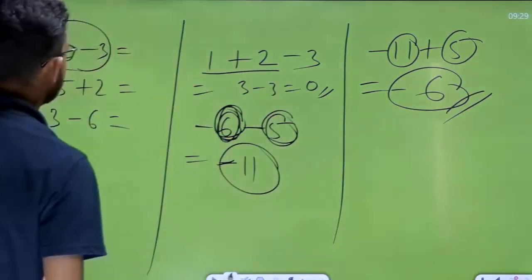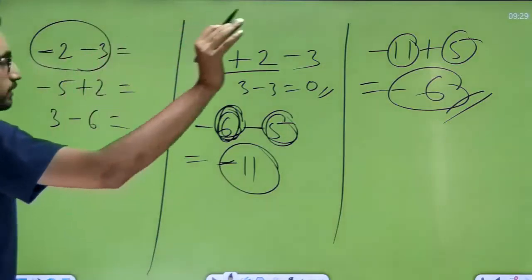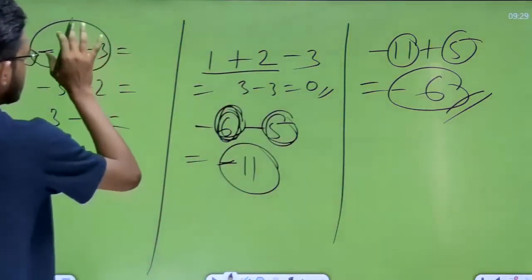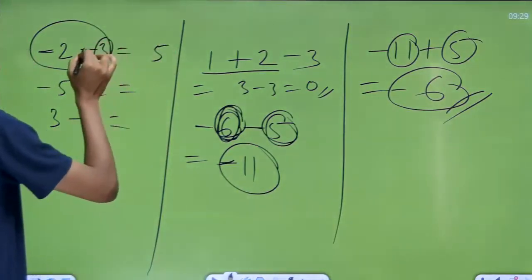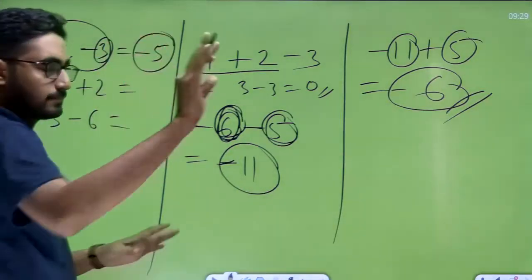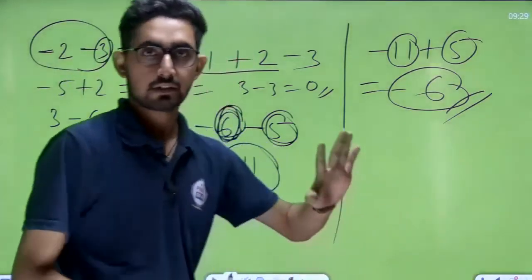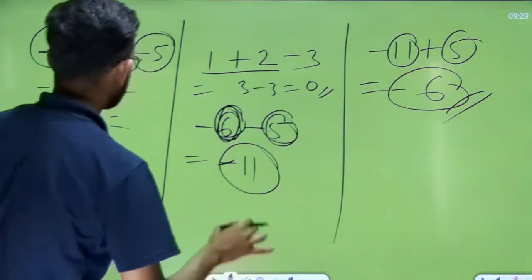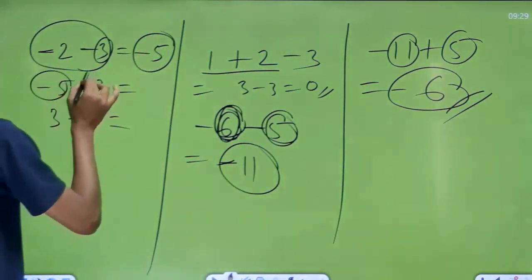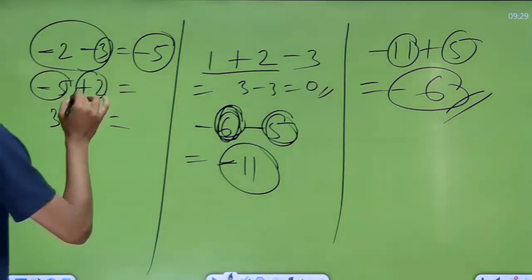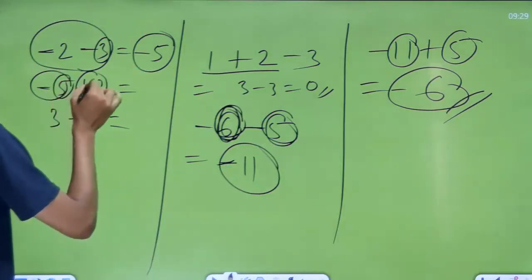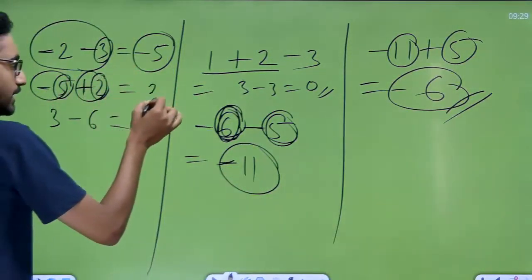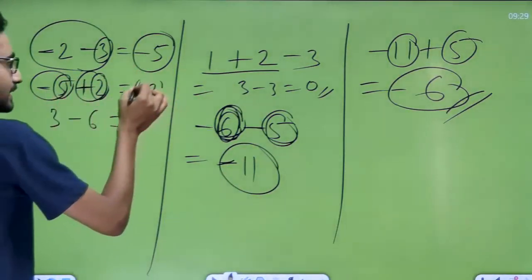So students, minus minus we know, plus will be there. And 3 and 2, if we add them, then 5 will come. And before the bigger number, minus sign, that's why minus 5. Done. Answers came. So I think all of your answers are correct. Now see, minus 5 plus 2. So minus plus, minus plus, minus. Bigger number minus smaller number. 5 minus 2, 3. And before the bigger number, minus sign. That's why minus 3.